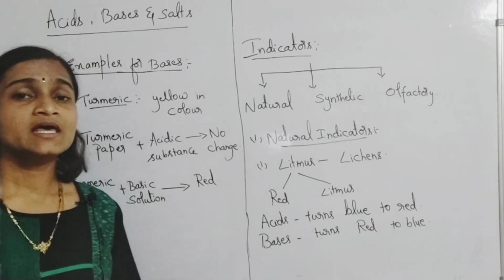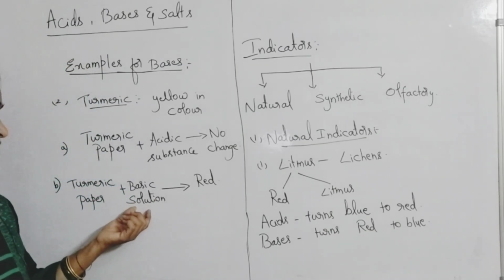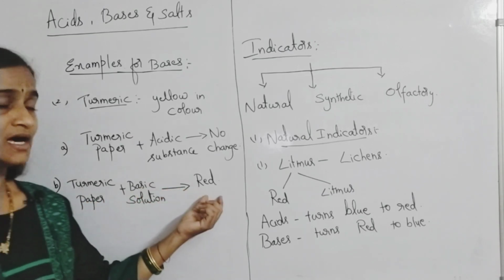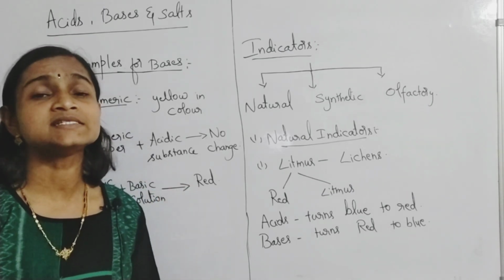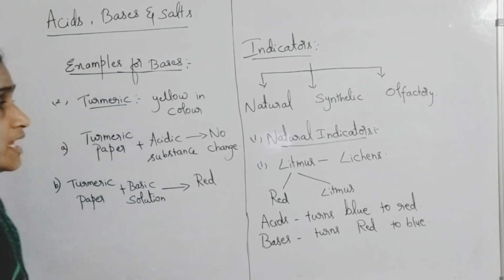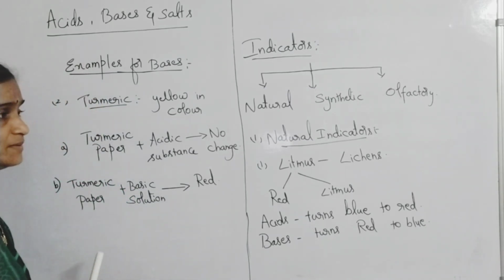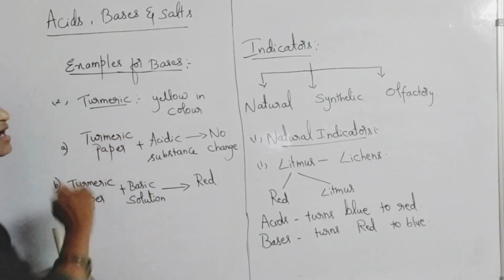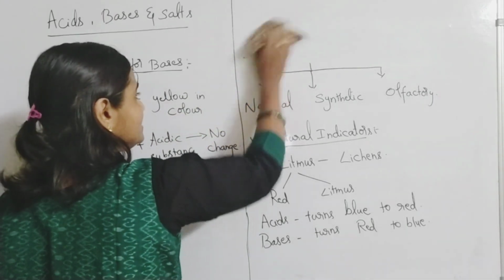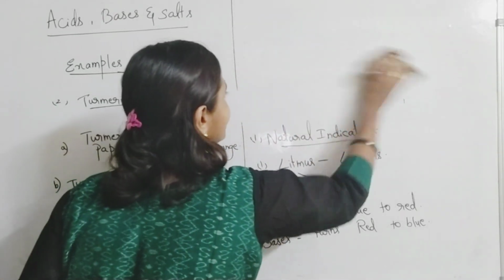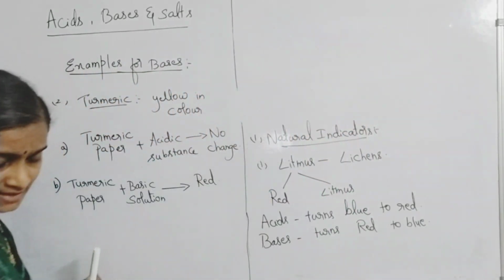Now, if a substance turns turmeric paper into red color, then the substance taken is a basic substance, okay? You can identify it like that. So the second type of natural indicator is turmeric. And then the third example for natural indicators, example 3,